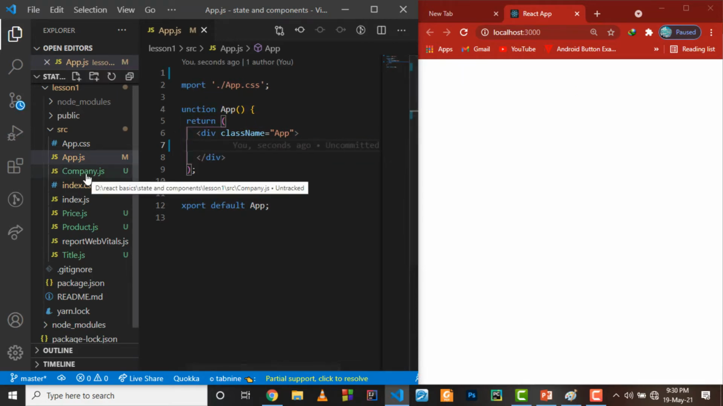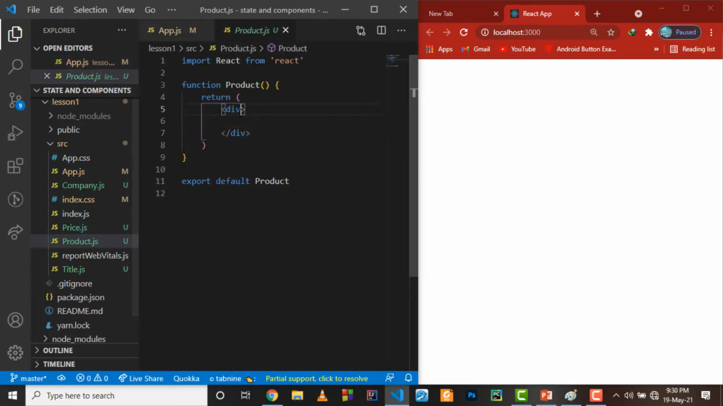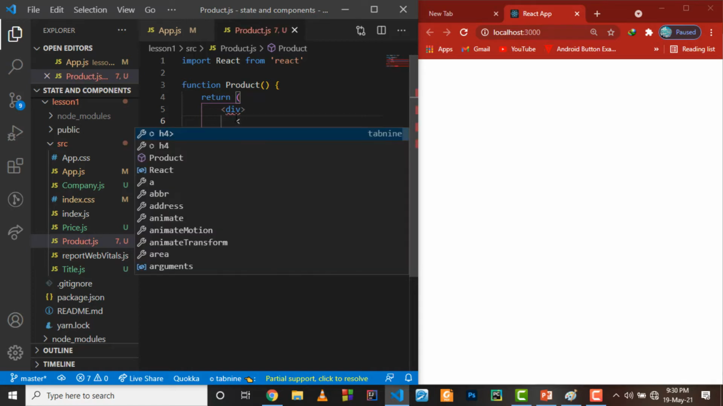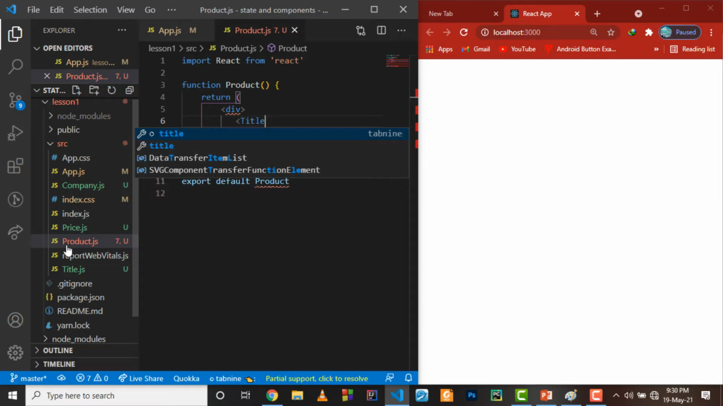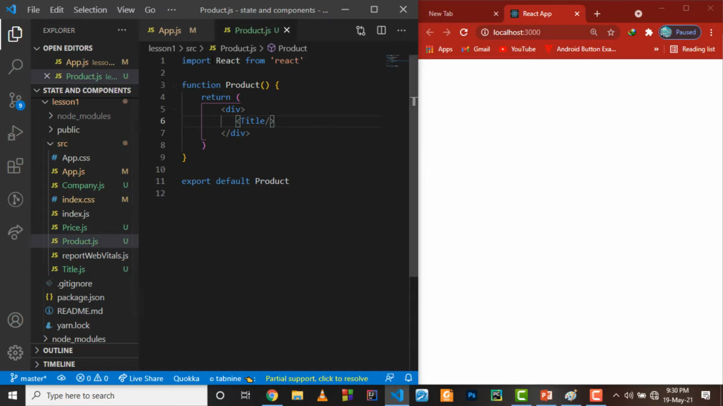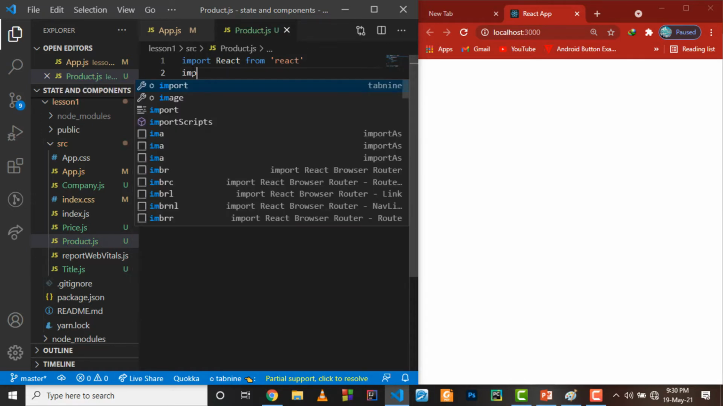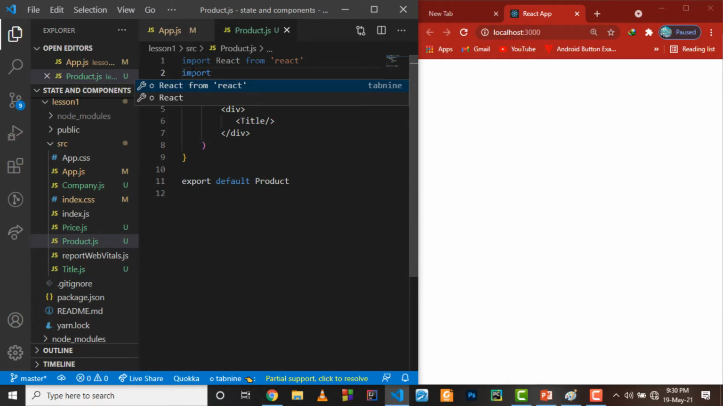h1, and we can go to our product now. So what we need for the product first is let's render now this title. We need to now render the title component, and then we can import it. Import title from title like this,